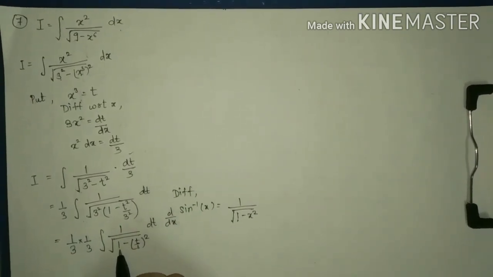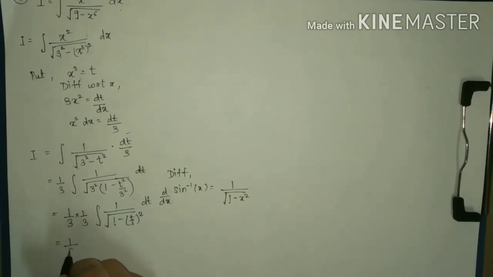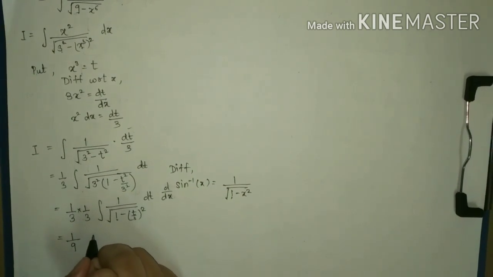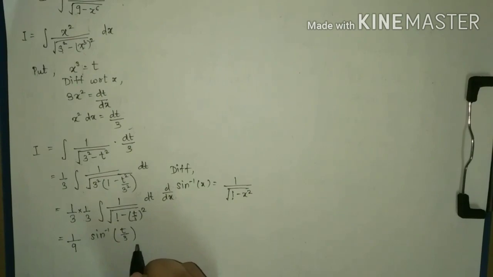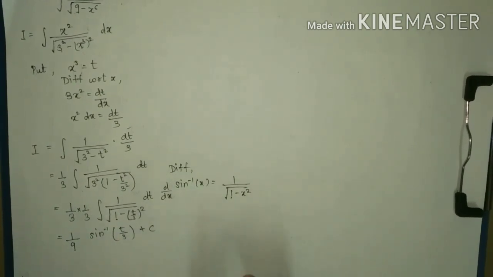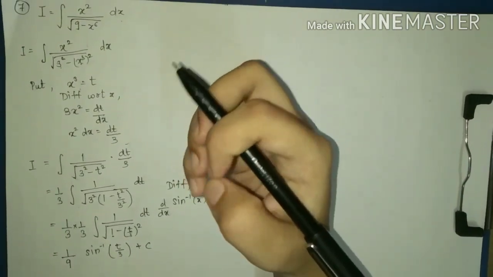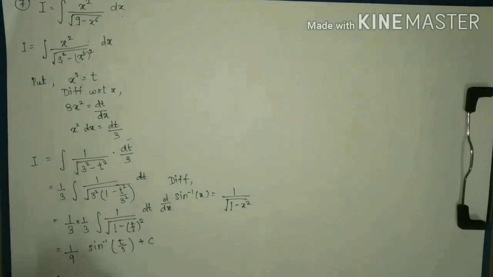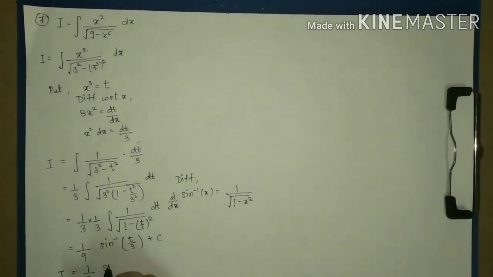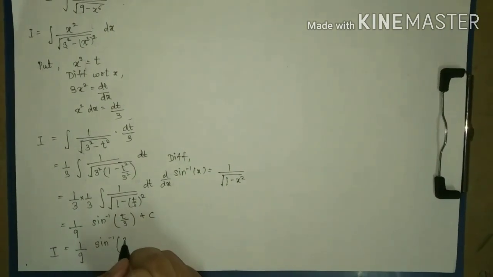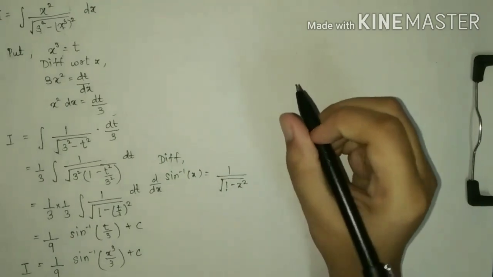So if you will see, 1 minus x square. When I integrate this, it will become 3 into 3, 9 sine inverse of t by 3 plus c. It is so simple. By using the differentiation formula and substituting a higher term to make it lower, we have got the answer. Now let's resubstitute because we need the answer in terms of x. So sine inverse x cube by 3 plus c. So we are finished with one more problem here.